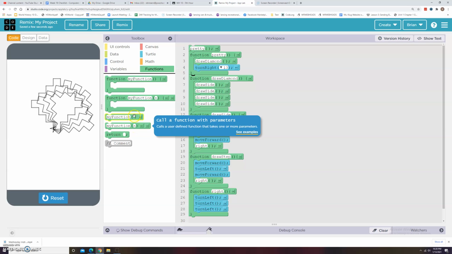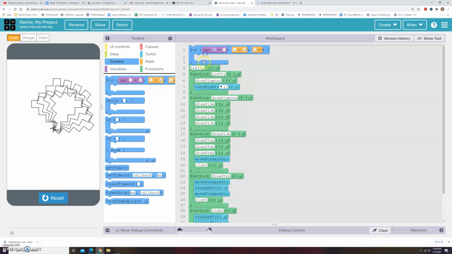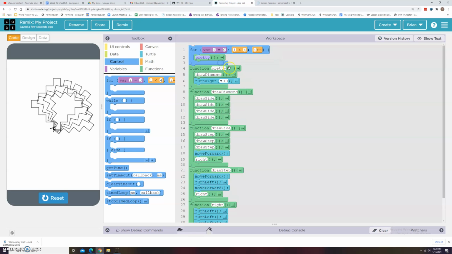Ooh, with parameters. Should we use control? I'm getting super advanced on you guys. I don't know if I should even do this, but I'm going to treat you to this right now. This does the pretty, which happens multiple times. Again, if this is beyond you right now, totally fine. Just ignore it. But look, it does pretty 4 times. If we change this number right here, let's